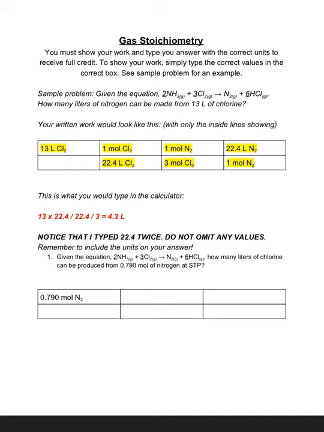Hello kiddos. So I want to go over gas stoichiometry a little bit with you. This is just like regular stoichiometry. The only difference is that we're adding another conversion factor. Okay? Right here. In your notes from last Thursday,